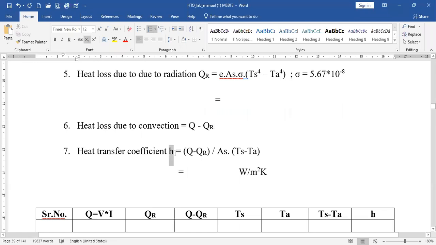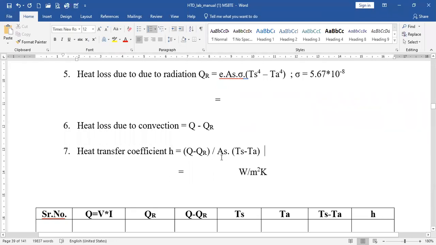So to calculate the heat transfer coefficient, we can use the formula, that is h equal to Q upon A into delta T. It is a general formula. So h can be written as Q upon A delta T. Now in this case, this Q is Q minus QR, because that is the only heat which is available for the convection, because already some of the heat is lost due to the radiation, and that is why we can calculate the heat for the convection, that is Q minus QR.